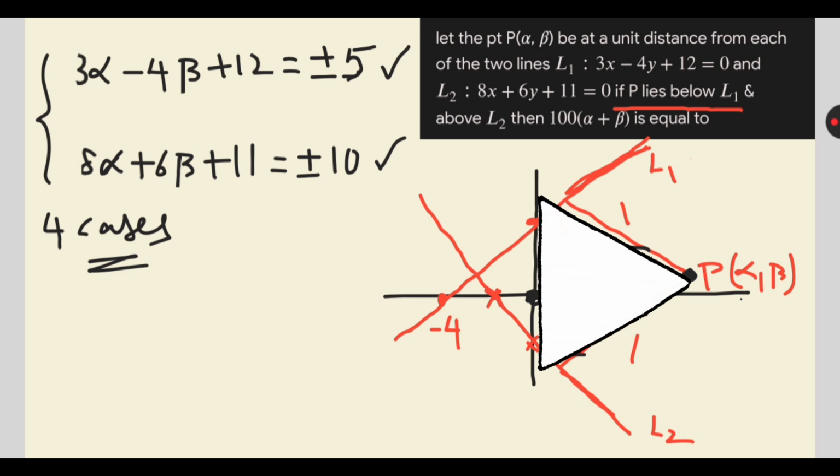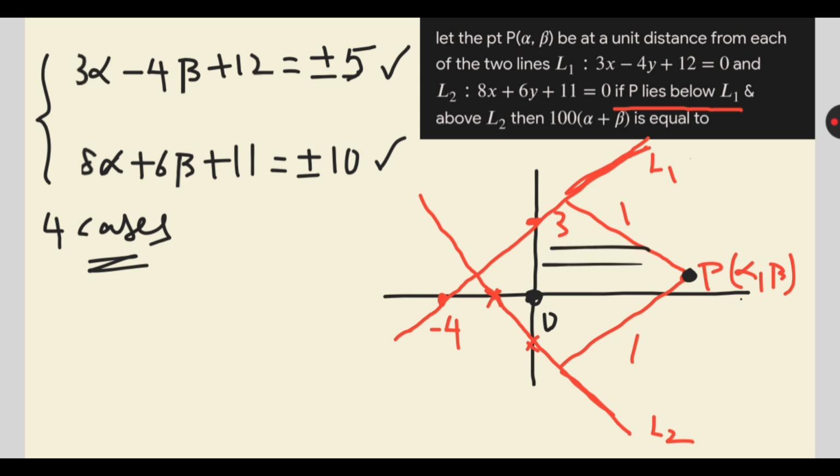So if you want to check the position of a point with respect to a line, what we need is 2 points and a line, isn't it? So the first point is P, the second point let's take as the origin, and this origin and P are on the same side, this side, right, isn't it? So if you substitute this origin in your first equation,